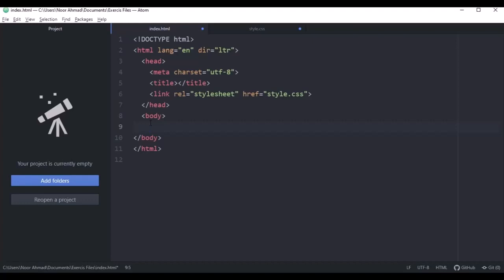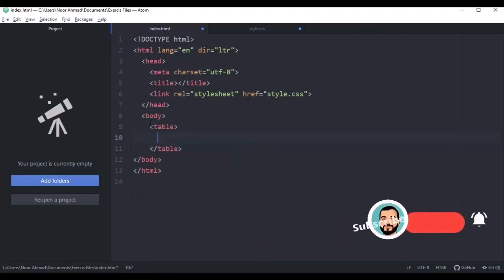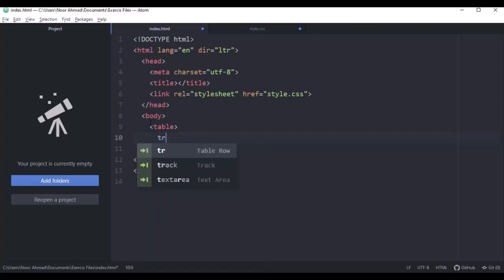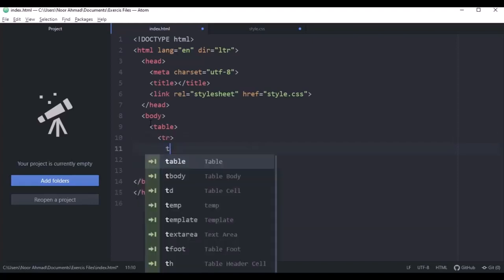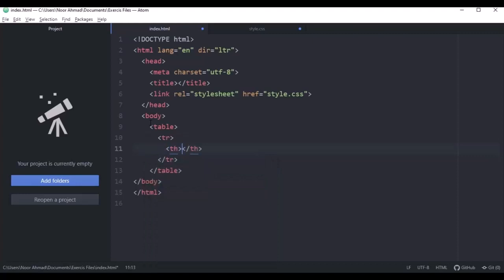For creating a table, we are going to use the table element. So table, inside the table we have tr element and th element. Tr is for table row and th is for table heading. So first let's create tr, which is table row, and let's create th, which is table heading. So for table heading, we are going to add name. Let's add another table heading,